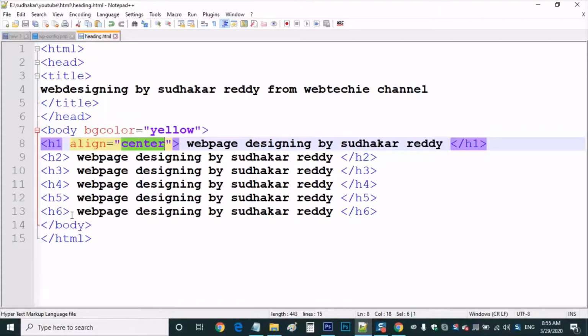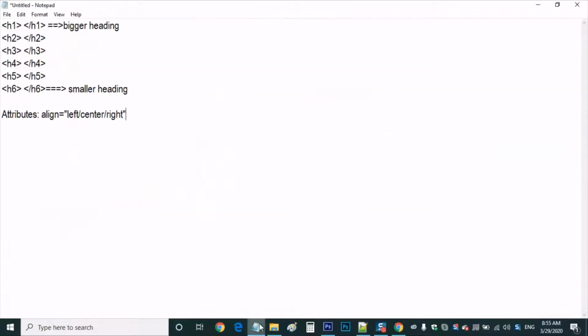Next one, I want to display the paragraph. We all know that a paragraph means it is running text. A paragraph contains many lines. Headings contain only a few lines. Is it right? Headings will not contain many lines, right? Headings are basically for highlighting, and a paragraph contains the main content. So for a paragraph we have one tag called the p tag. P for paragraph, P for Pune.